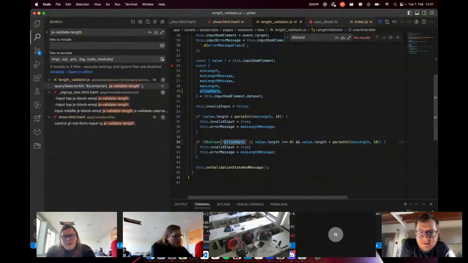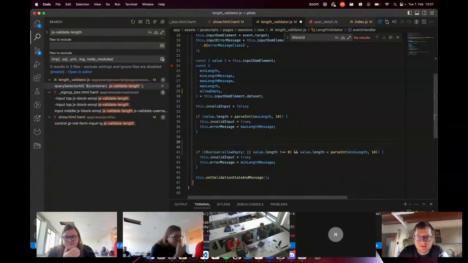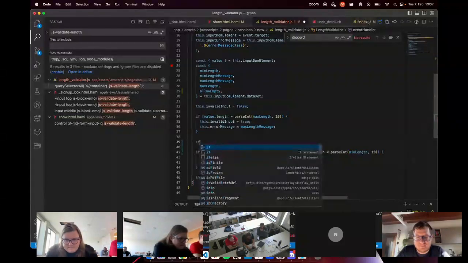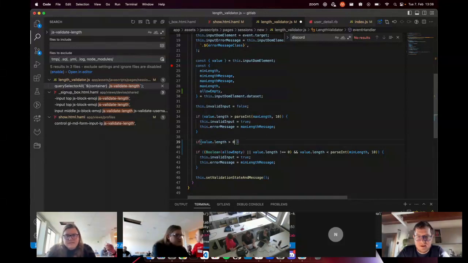Remove that. But we want this to be... No, that's different. Maybe you can make it simple. If we allow empty, why don't we just write the positive version and negate the old condition? Okay. So how about we say, if the value length is more than 0, then